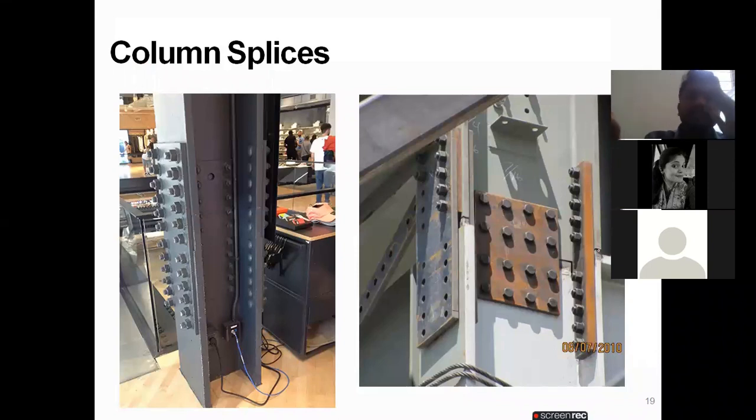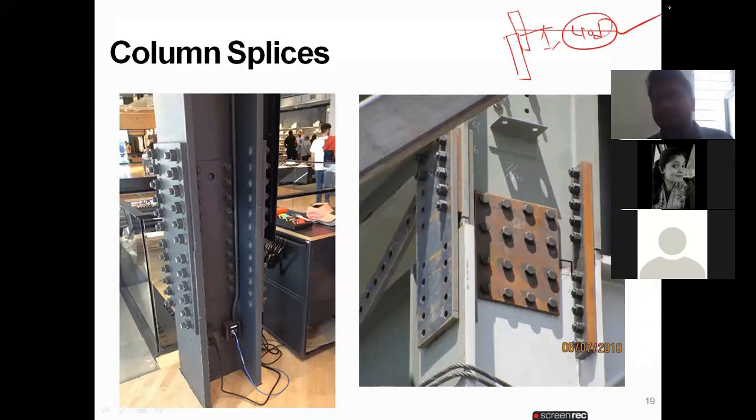Whether it is a short column or long column, rectangular column or circular column, when you design a column, definitely there is splicing of the reinforcement in RCC also, but we call it the development length. It is like this, yes or no? This portion, maybe around 40D we will take in RCC as per the code book IS 456-2000. But if you observe in steel structures, there is a splicing also.